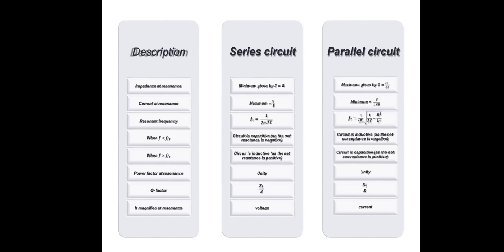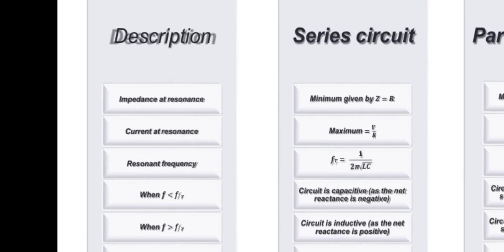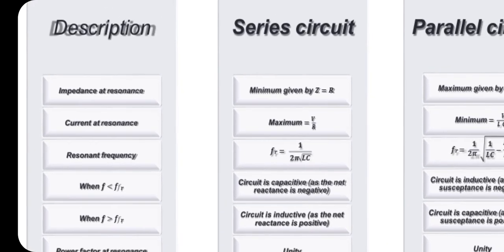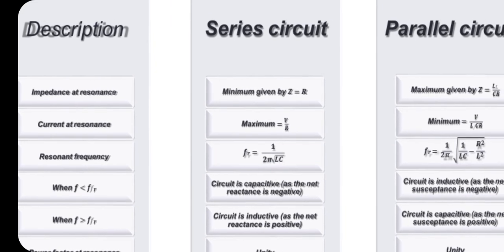Now we are going to look at the differences between series and parallel resonance circuits, what parameters we have to identify, and how we compare the relative parameter differences in the series and parallel resonance circuits. The first one is the impedance at resonance. We already know that the series resonance circuit has minimum impedance and the parallel resonance circuit has maximum impedance. In the series resonance circuit, impedance is minimum because the condition of resonance is XL equal to XC.